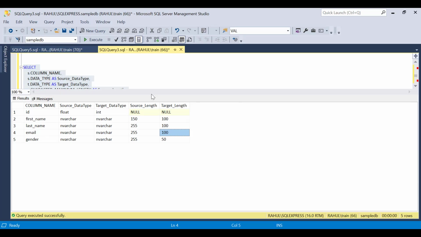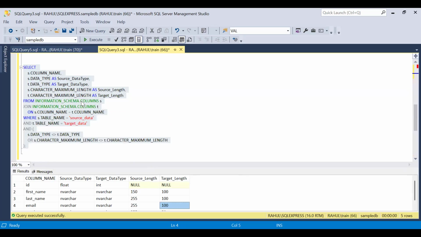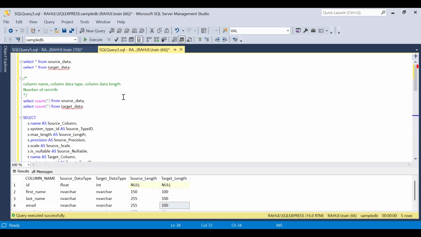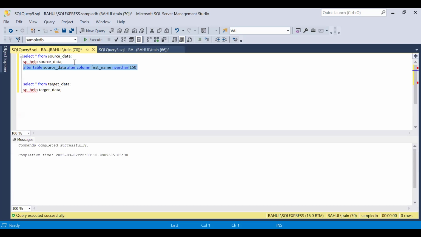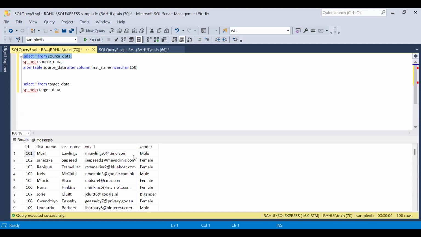So this is one way to validate whatever we have written: column name, data type, column data length. Correct? Now the next thing, suppose in our source data, I'm going to change this male as a